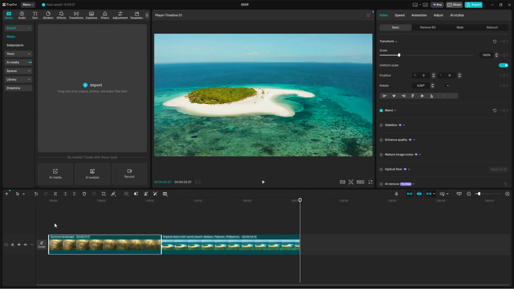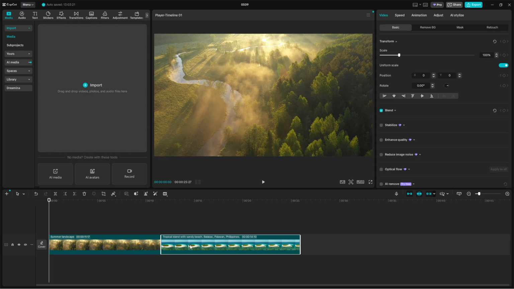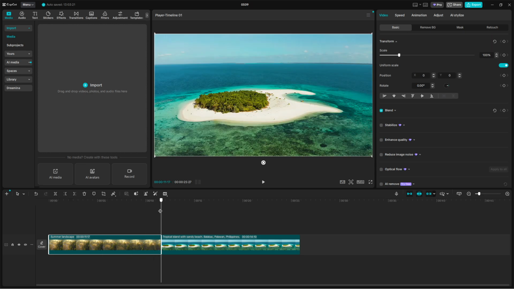Before adding a transition, make sure you already have at least 2 clips placed next to each other on your timeline. Transitions work between clips, so there needs to be a point where one clip ends and another begins. Once your clips are positioned correctly, move to the top left section of CapCut and click on the